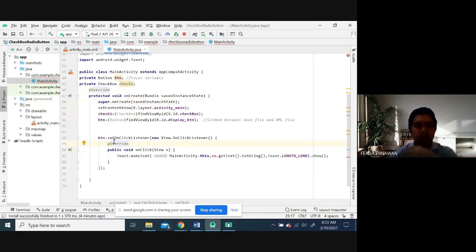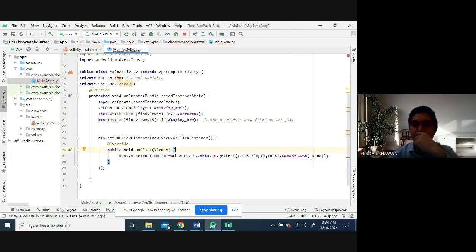Next one, when I click the button, I want to trigger to show the text, isn't it?